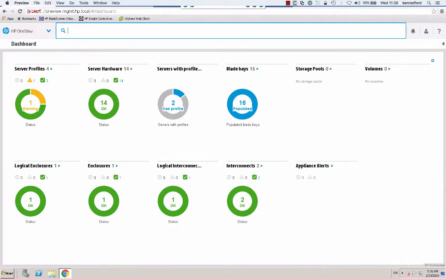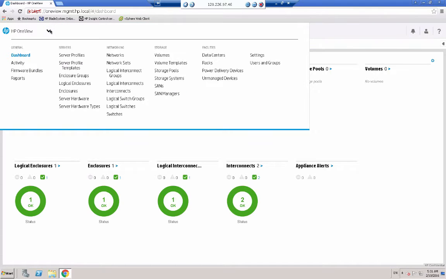In this demo we're going to demonstrate how to add and manage a direct attached HPE 3PAR storage system from HPE OneView. So we're going to connect the storage system through the FlexFabric modules. Each Virtual Connect module has an uplink port that is connected to one of the controller nodes of the storage system. The first thing we're going to do is go to the main menu and storage systems,